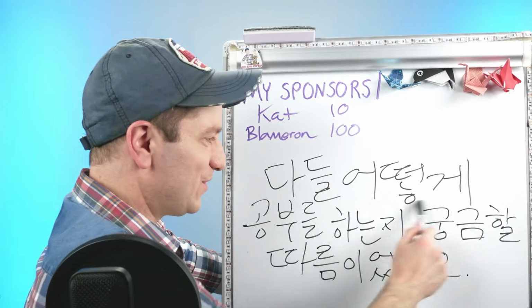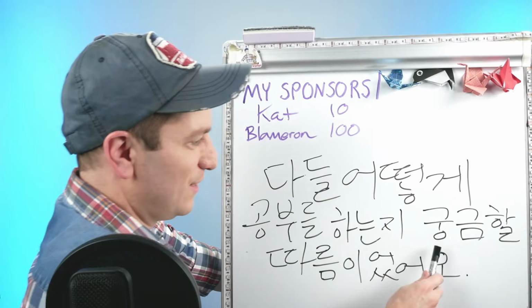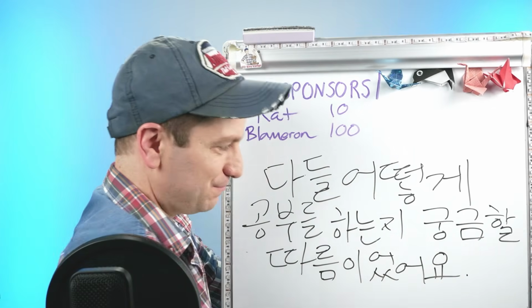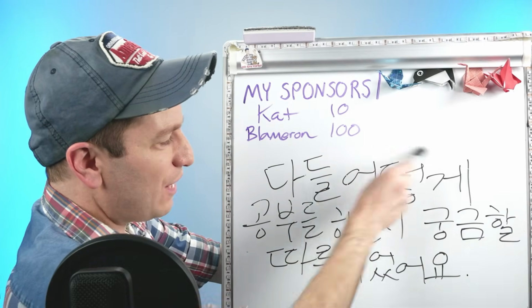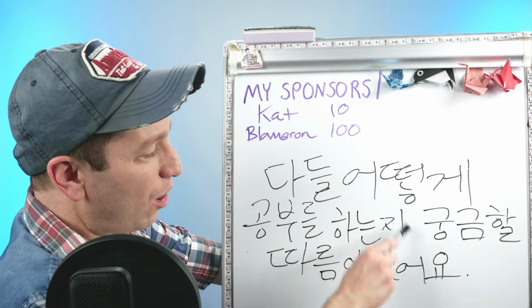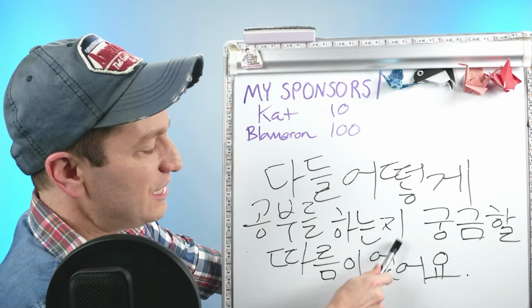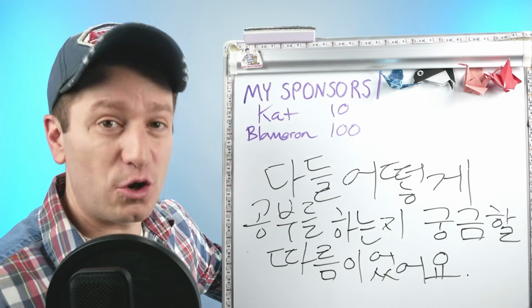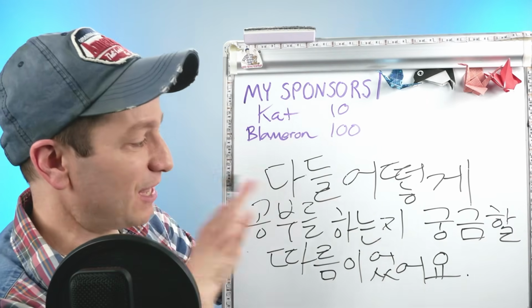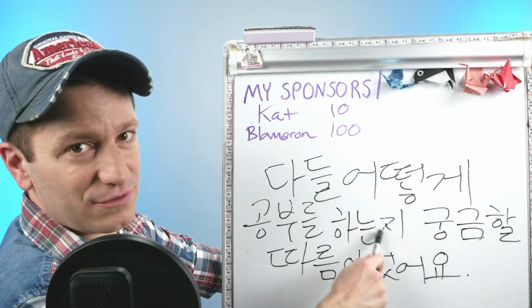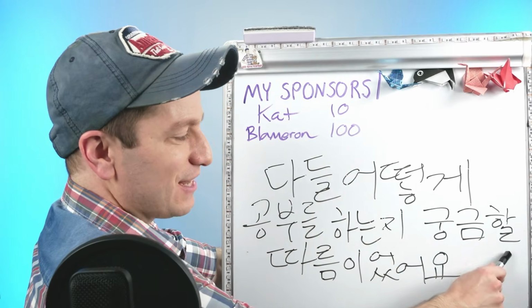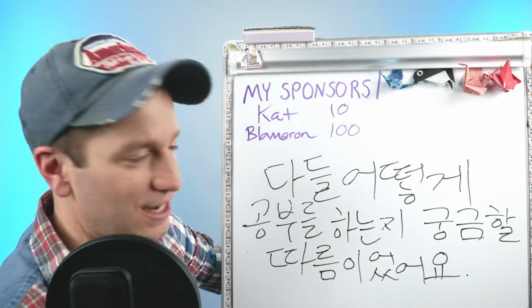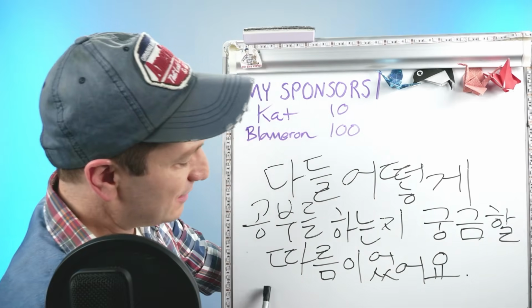다들 어떻게 공부를 하는지 궁금할 따름이었어요. 다들 is everyone, all of you. 어떻게 공부를 하는지, how all of you are studying. This T form is used for any sort of unknown information. I have a separate live stream that goes all over every usage of this, but basically, how all of you are studying, 궁금하다, to be curious how all of you are studying, 궁금할 따름,